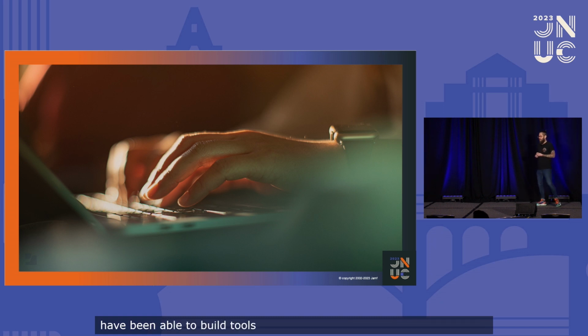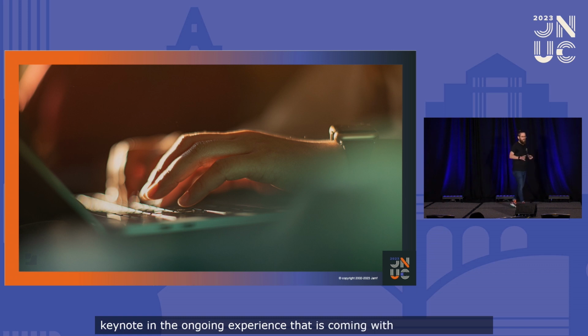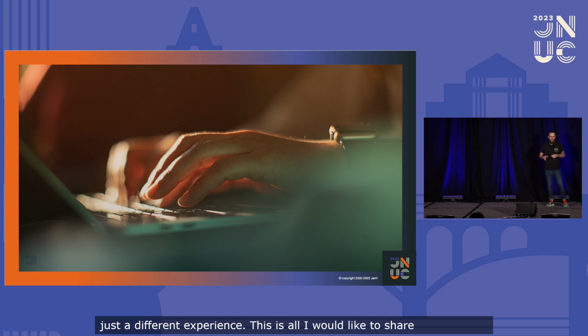Now, I want to be really clear, because I'm going to share some of these tools with you. This isn't the same as what we saw in the keynote and that onboarding experience that's coming with Pro. One, this is for Jamf School, but two, this is just a very different experience. So the tool that I want to share with you today, that one of our consulting engineering team built as part of one of these custom engagements with our customer here, is something called